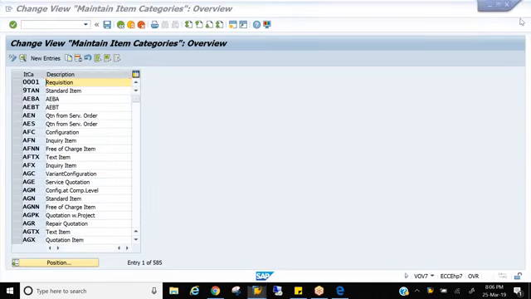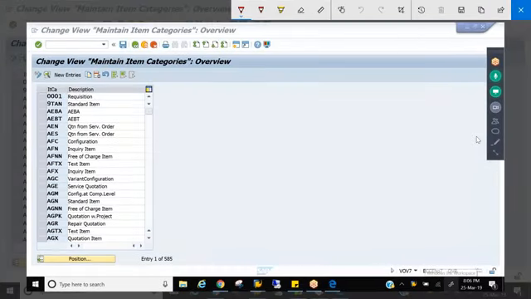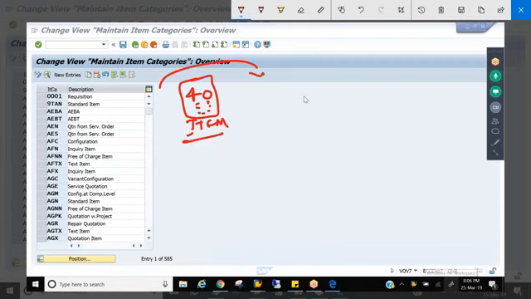Before going to this, let me tell you two things. On your way to success in SAP SD, you'll be facing some hurdles in learning the concepts. The first hurdle is item category. You need to cross this, because 40 item categories you have to remember, and there are lots of control fields in the item categories. For every process you need to remember. This will take a little time, but don't worry, it's pretty easy. A matter of 1 or 2 days extra, that's it. This is the first hurdle you need to cross to proceed further.